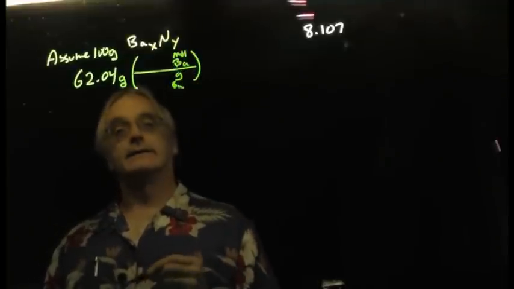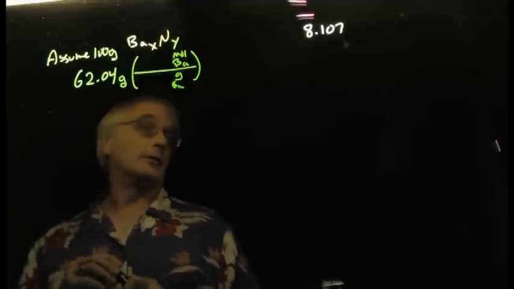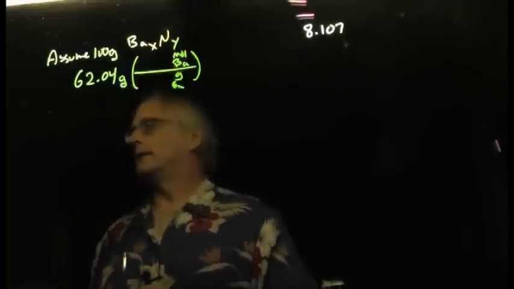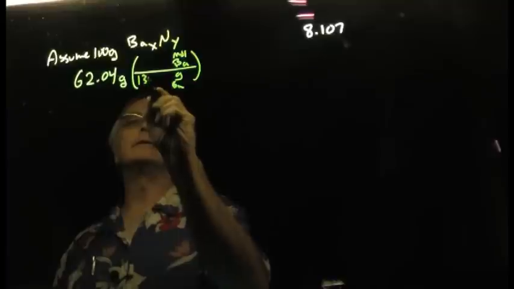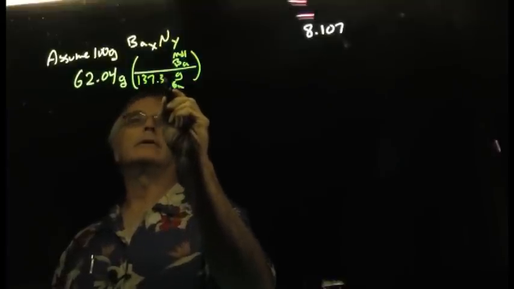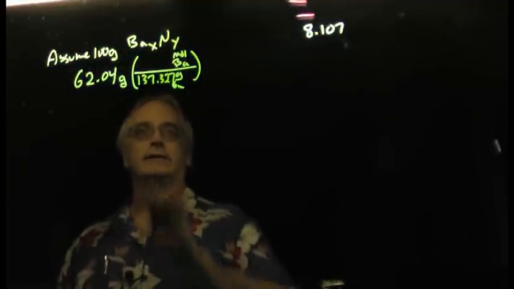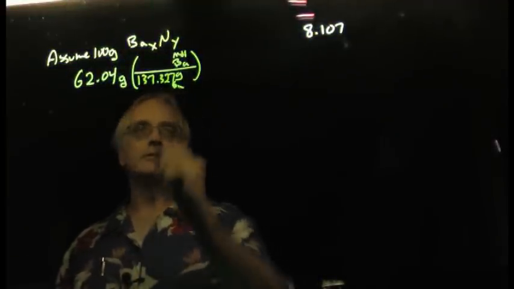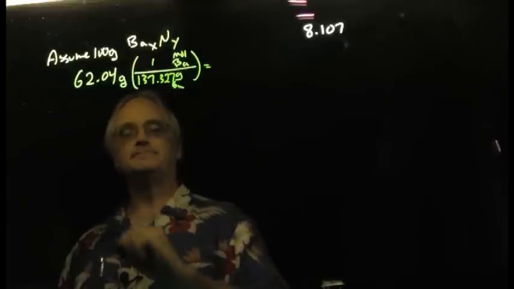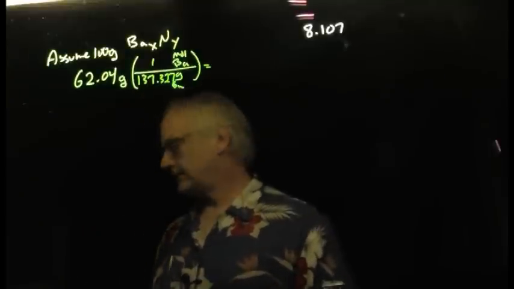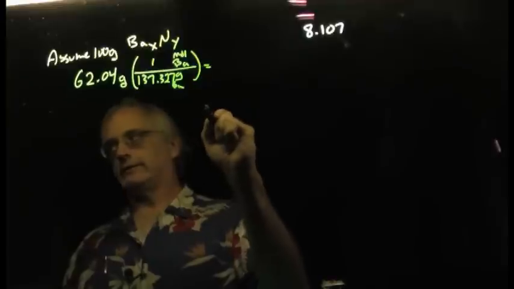I have to get the atomic weight of barium right off the periodic table. Looking it up on the table, 137.327. Remember, for these types of calculations, it really is not a bad idea to use all the digits the table gives you. There's 1 mole of this stuff. And when I punch that out of my calculator, I'm going to get